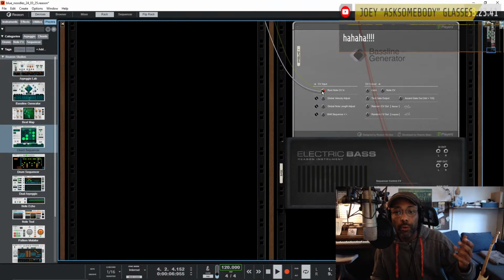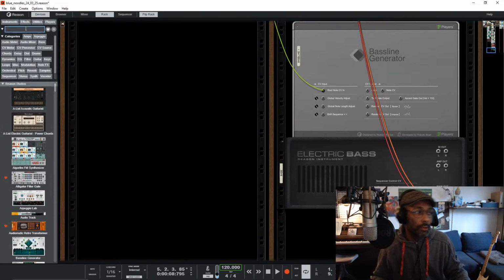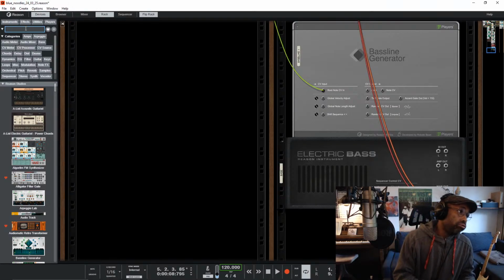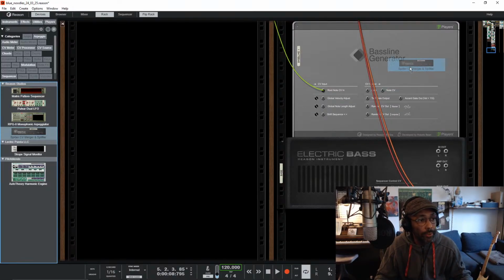If we wanted to, we could use an audio merger splitter. Then we don't need to do that. Let's actually do that. And I need to stop saying actually. What am I looking for? CV merger and splitter.